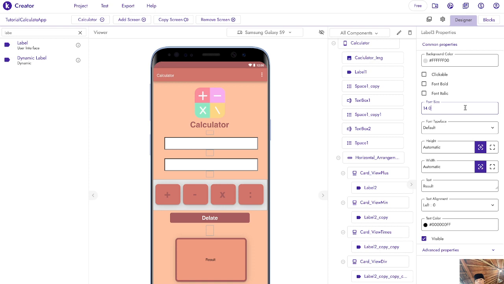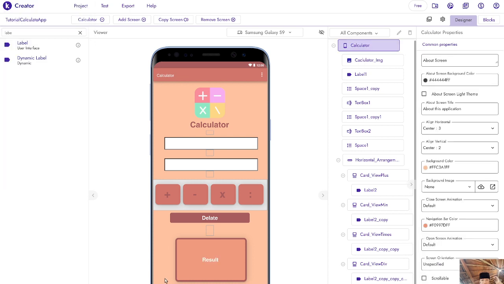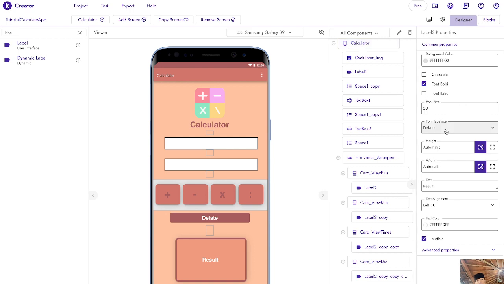So result done, we're going to make this bigger, maybe 20, and make this thing bold. Text color is going to be white here. Maybe we don't need to make it bold.